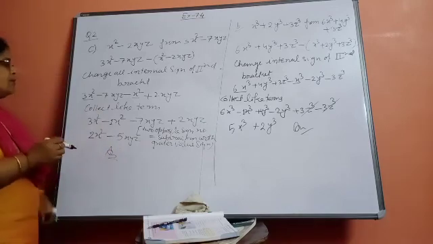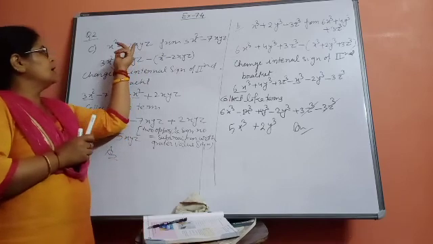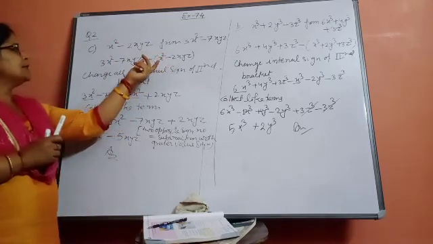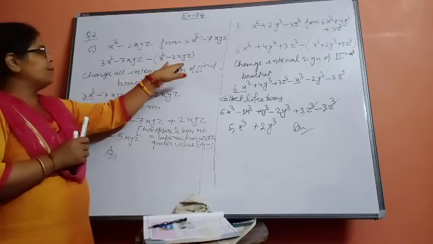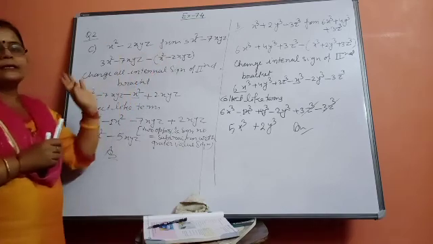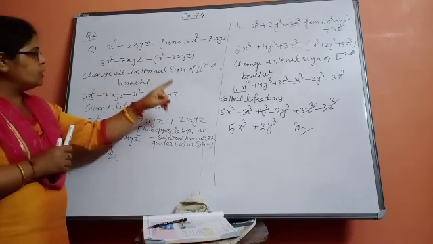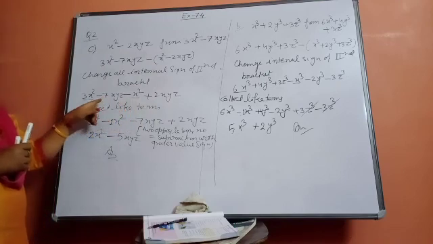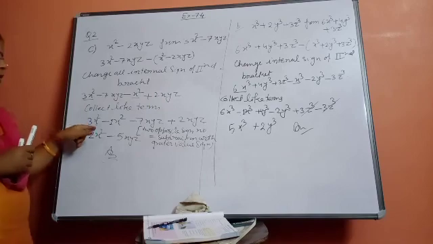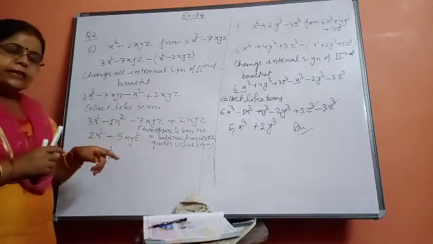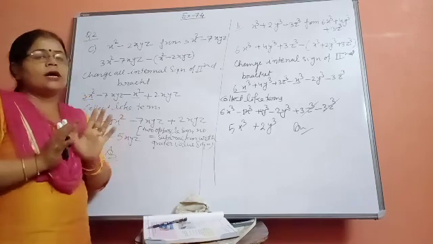Again see one more time. Right? The from expression in the first position and then the second expression in the second position, and you will keep that inside the bracket, and before that you will put the minus sign. Then what you will do, change, because the minus sign is there, so change all the internal signs of the second bracket. Okay, so after changing this will come, and next step you just collect the like terms and then apply the addition and subtraction rules of integers, and you will get your answer.